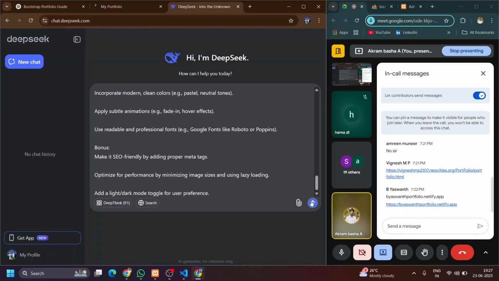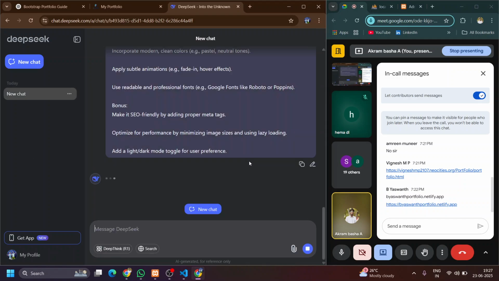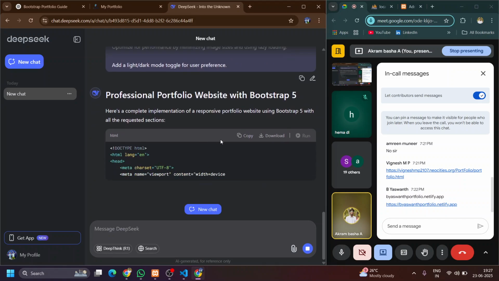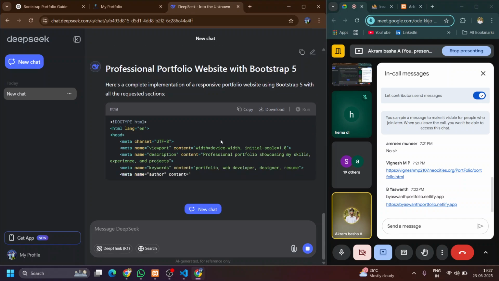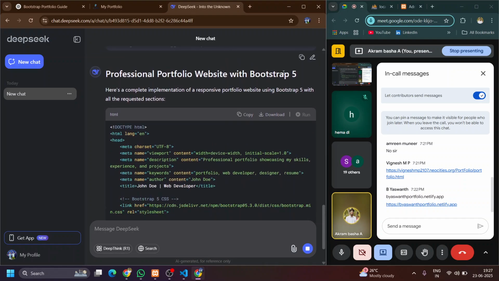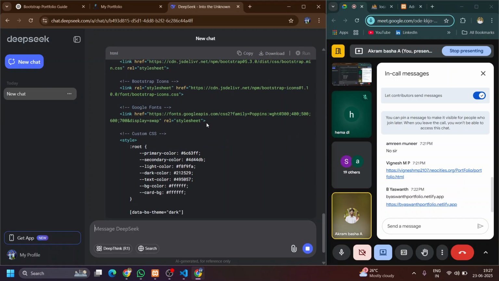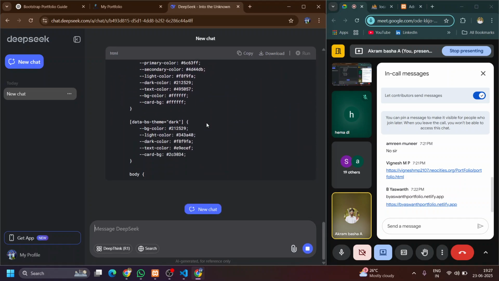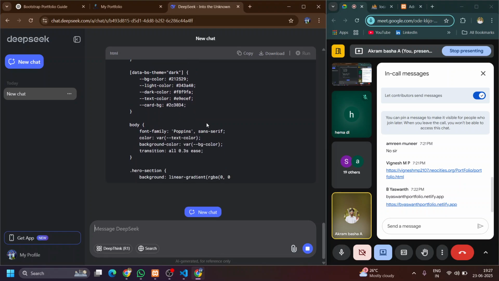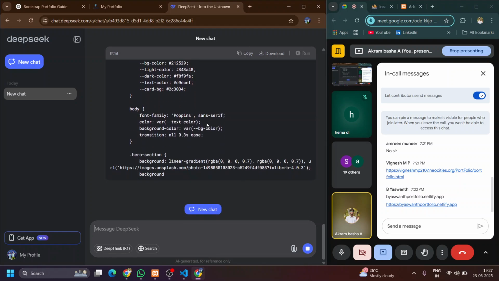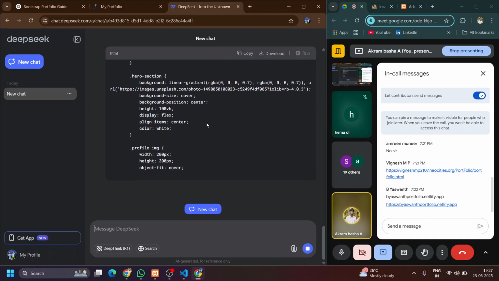Then I will click enter. Now it is providing the code. You can see a professional portfolio website with the help of Bootstrap 5. Let us wait until it completes the